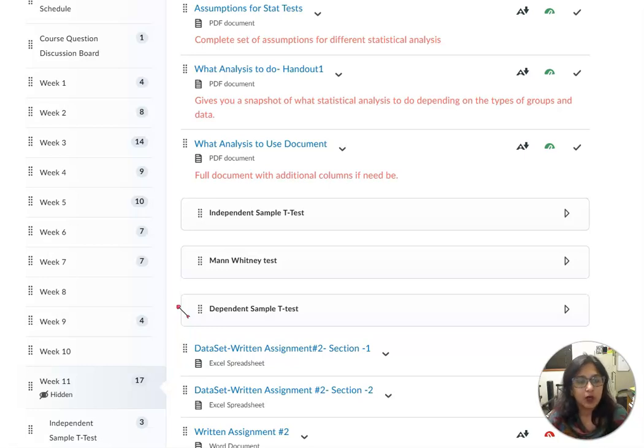So what's an independent sample t-test? An independent sample t-test means you have two groups in which the participants of one group do not come in the second group. For example, you did two classes. The participants in one class are not there in another class.